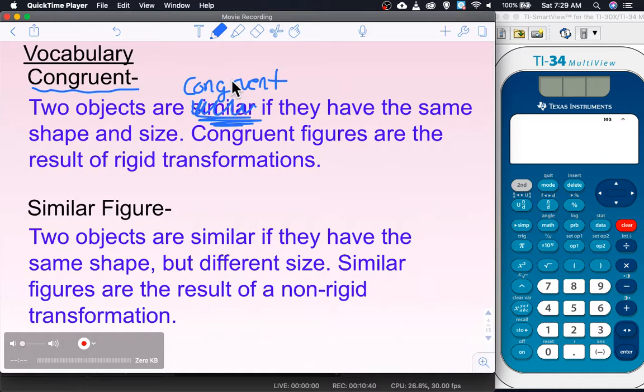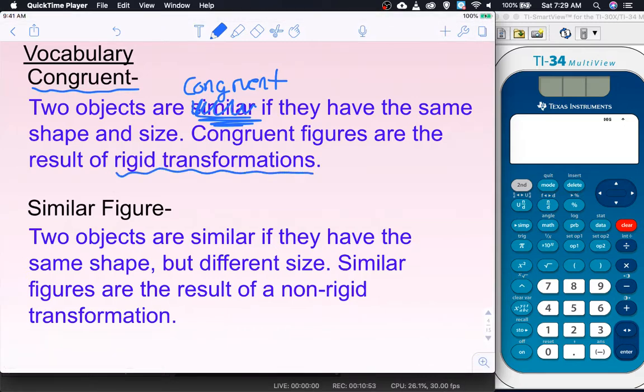Two objects are congruent if they have the same shape and size. Congruent figures are the result of rigid transformations, and that's kind of a hidden vocab word in here as well. A rigid transformation. Rigid. That word means hard, not flexible, not movable. So a rigid transformation is any transformation where the preimage and the image are like twinsies, where they're the same